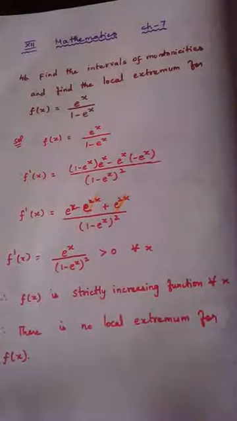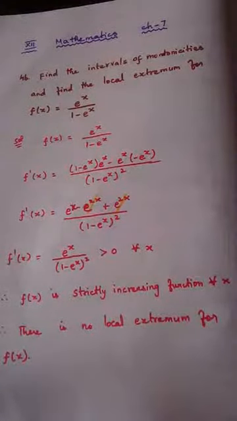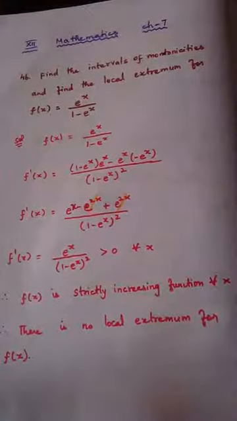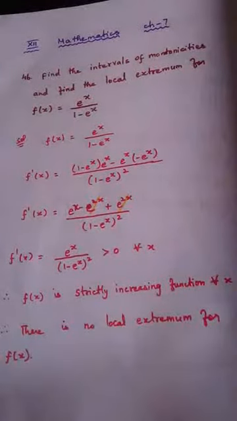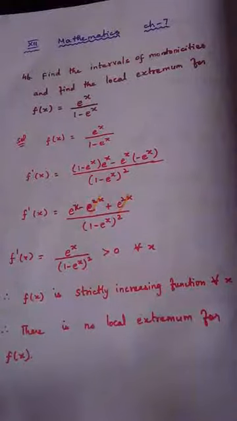In chapter 7, we are at increasing and decreasing function concepts, which is shortly termed as monotonicity, which was seen in the last class. And we did problems on maximum and minimum and at which interval the given function is increasing, or at which interval the given function is decreasing, and all we have seen through problems. Continuing with that same model problems, we will see in this class also.